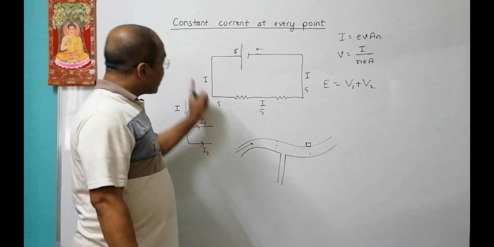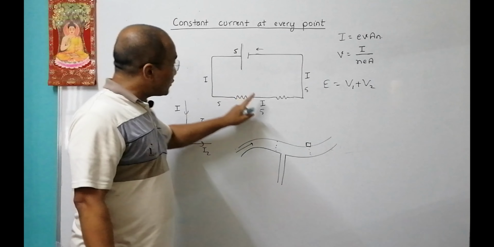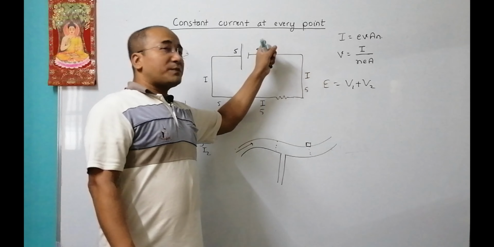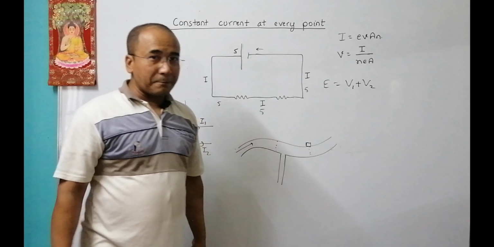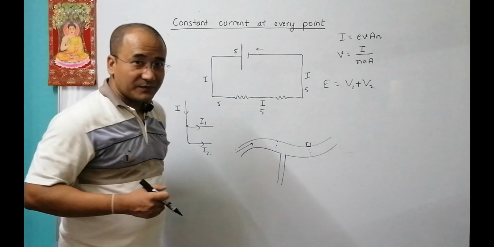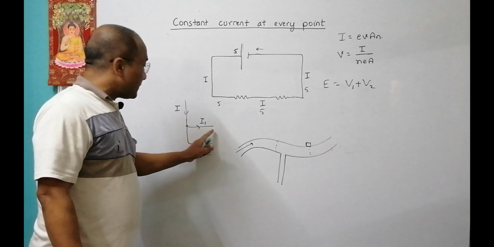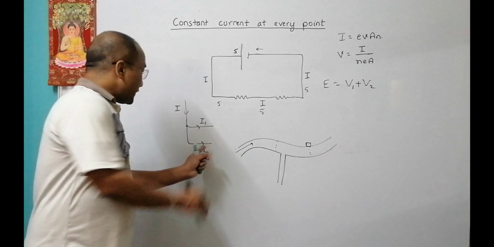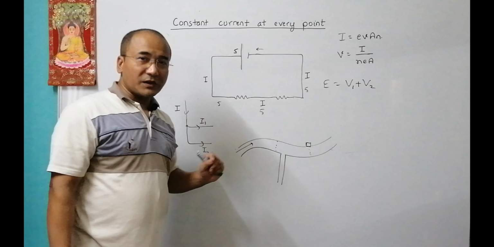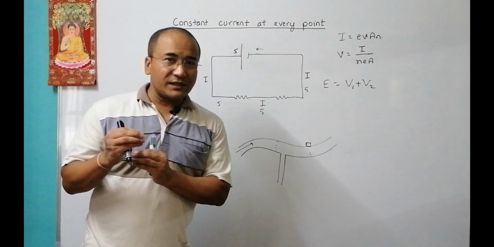So here also, we have a single path. Single path means that the charge coming from here has to pass through here, here, and here. So the number should be the same. There can't be any loss or any additions because there are no other paths. When there are paths, yes, it can reduce here with the remainder going elsewhere, or it can add up and form the final current, but here it is not possible. Current should be the same. So from now onwards, we have to be confident about this fact.